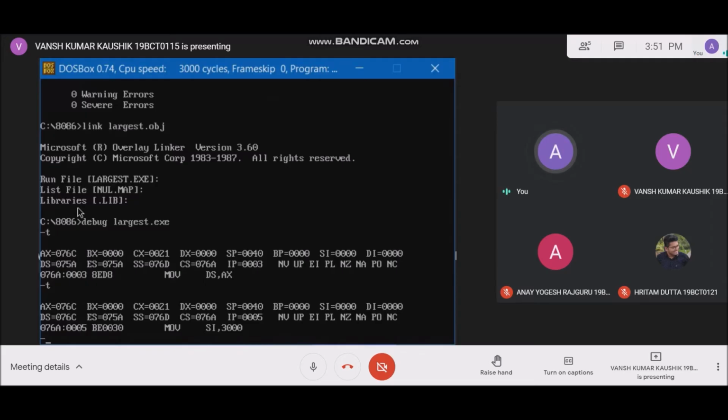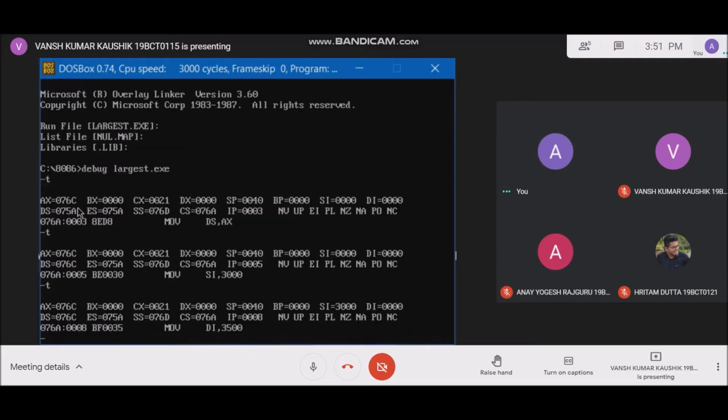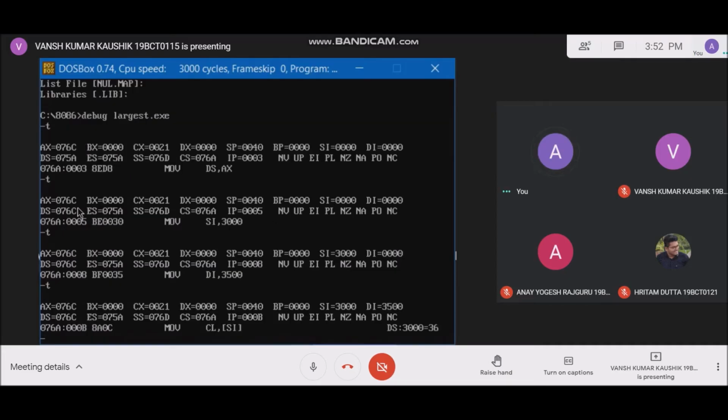Now the next command. In this command we initialize DI with value 3500, which is the output address. So we will store our output here. T. Now we will supply the input